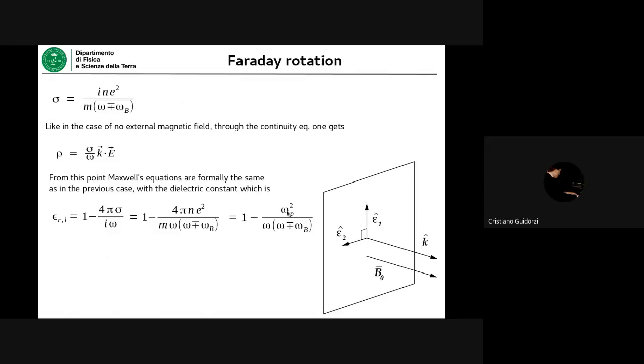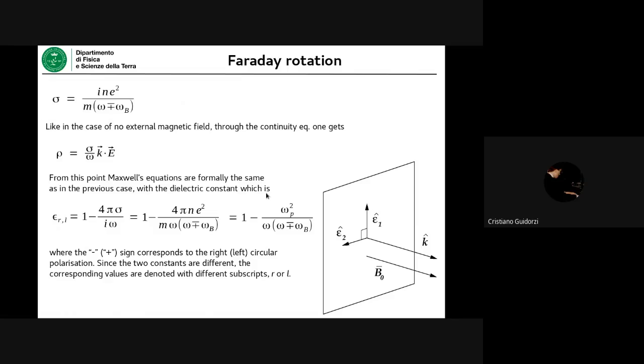So it was at the time omega p squared over omega squared. Here you see how this is affected. And in particular, again, you have to distinguish between the two cases. Yes, that's exactly what I just said about the two. And again, if you wonder where the difference between the two circular polarization modes stems from, well, the answer is